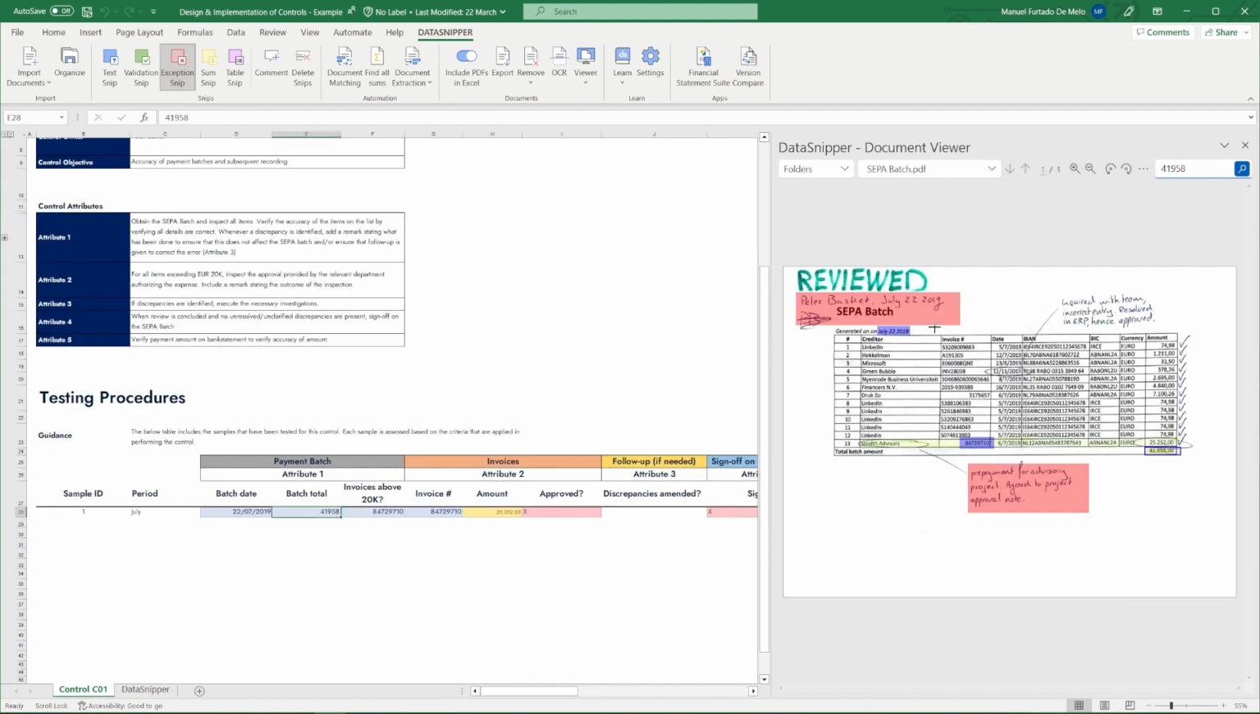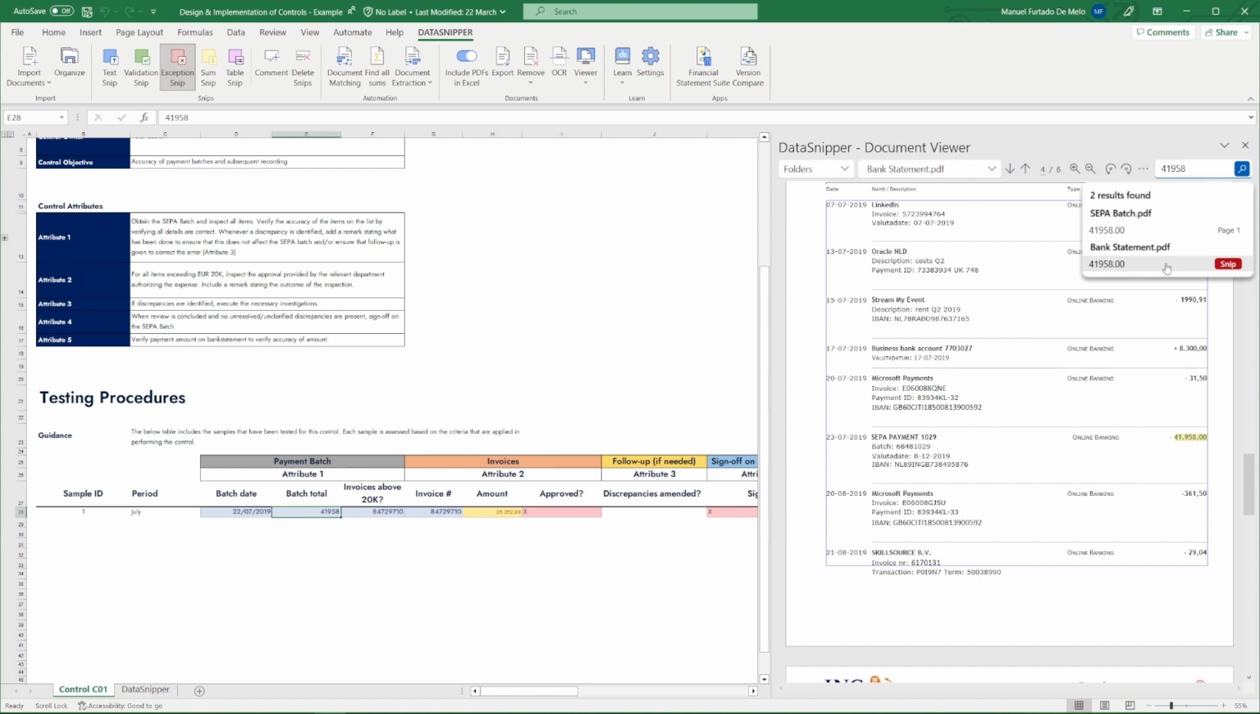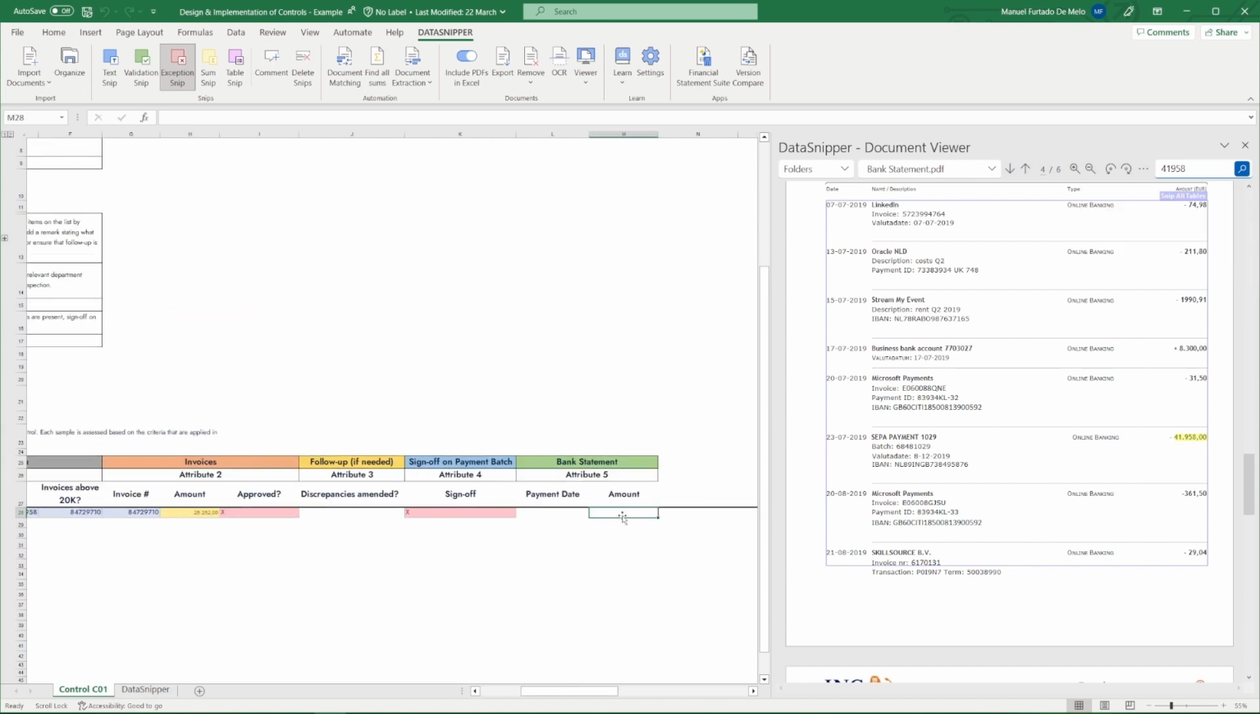And as our last step, we'll check on Attribute 5 to see if the amount of the batch total was paid out correctly, even if approval might not have been given. We want to make sure that we trace this down to spot any further discrepancies. We'll simply use the Search and Snip feature again, using the text snip to bring in all the information we need. And as you can see, we've now documented the full trail of our design and implementation of this control, where we've identified some